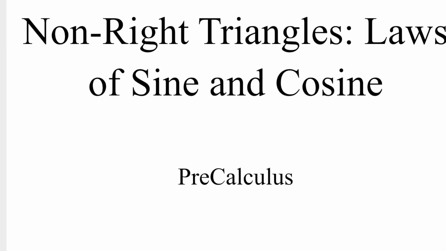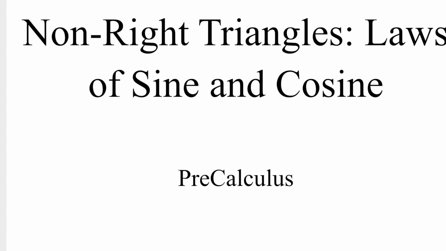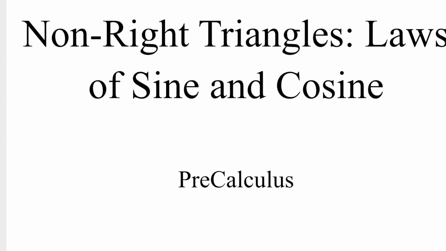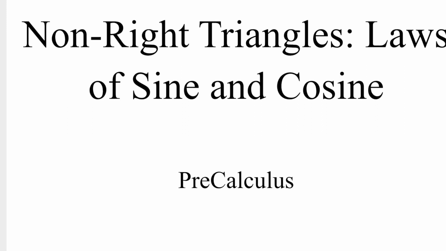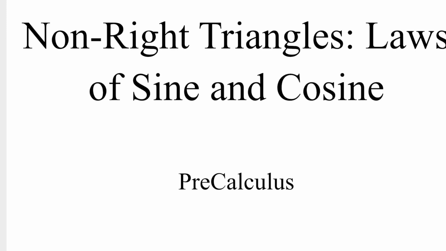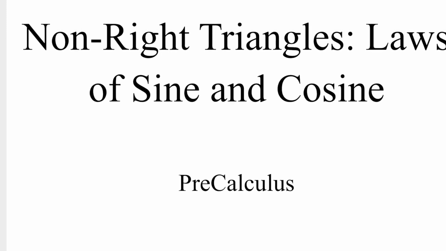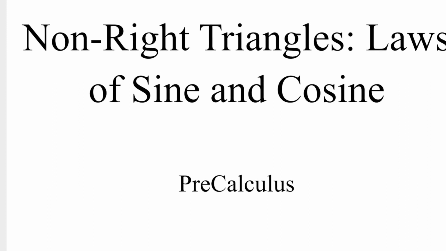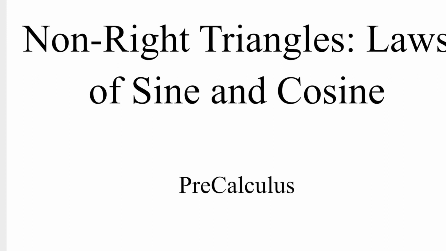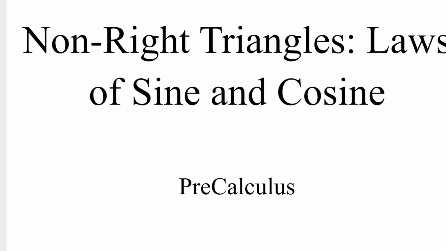Notice that if one of the angles of the triangle is 90 degrees, cosine of 90 degrees equals 0, so the formula c squared equals a squared plus b squared minus 2ab cosine of 90 degrees simplifies to c squared equals a squared plus b squared. You should recognize this as the Pythagorean Theorem. Indeed, the law of cosines is sometimes called the Generalized Pythagorean Theorem, since it extends the Pythagorean Theorem to non-right